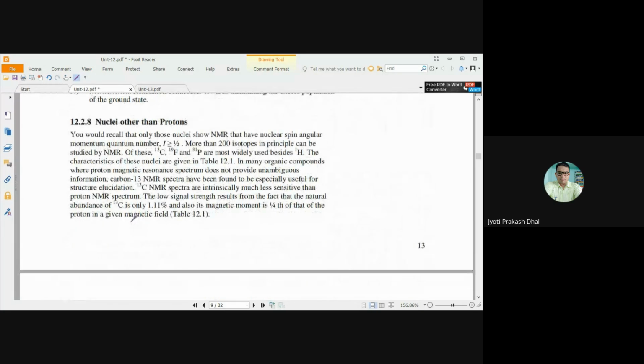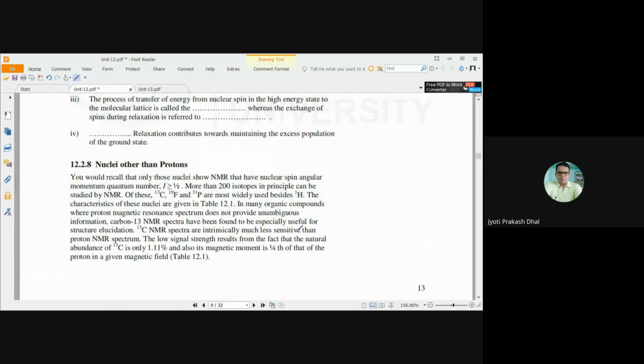Now coming to nuclei other than proton. All the theory discussed up to now belongs to the proton NMR, that is 1H1, where one proton is present. That is called PNMR. And similarly, other nuclei